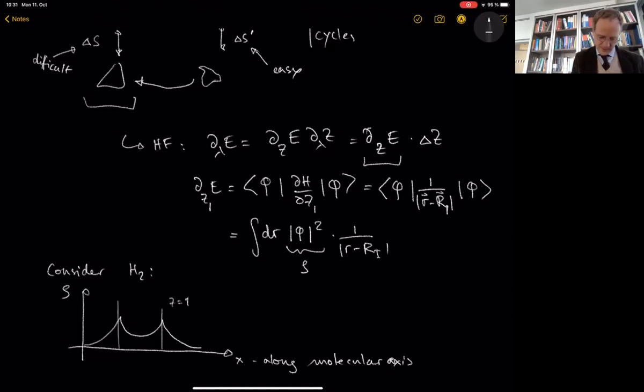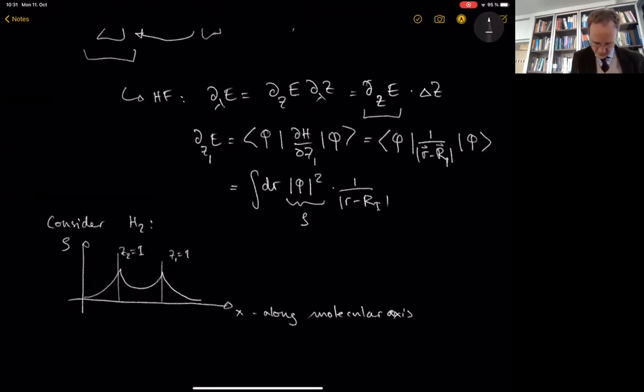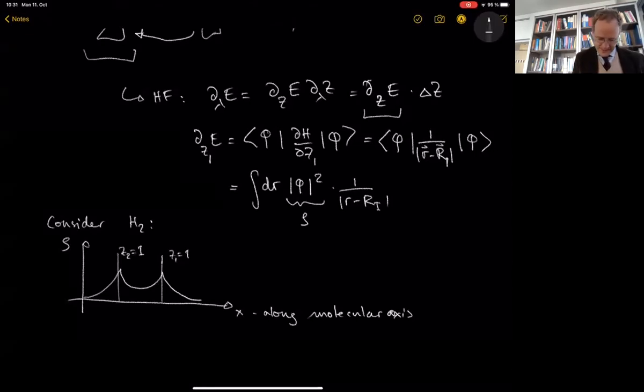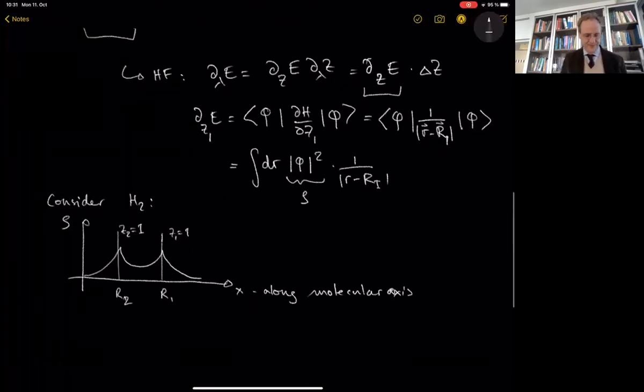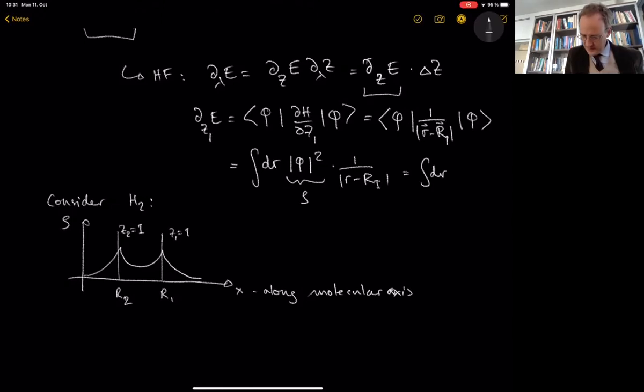C equals 1. That's your first nucleus, and that's your second nucleus. Okay. It should have exact same height. And that is in the space, this is the position R2 and R1, okay? Now, this is how the electron density looks like. So this integral, the R rho R minus Ri. And I get this,